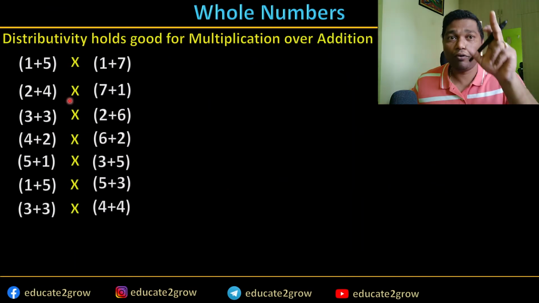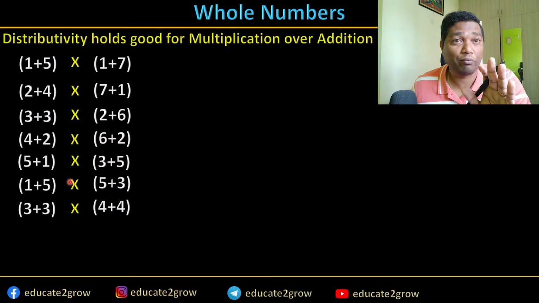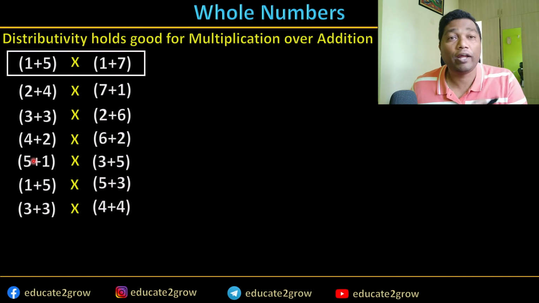See here, now you have different numbers, 1 plus 5, 1 plus 5. Whatever you see here all belongs to the value 6, and whatever you see this side all belongs to 8. 1 plus 7, 2 plus 6, 3 plus 5, 4 plus all belong to 8, and we are doing a multiplication operation over addition. Let's take one value in this. How can we do the calculation?